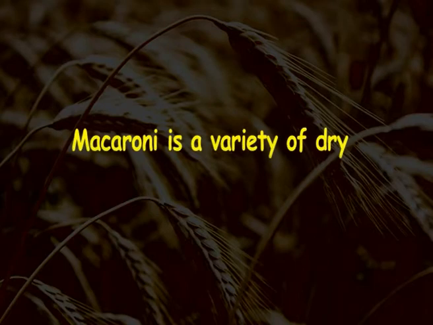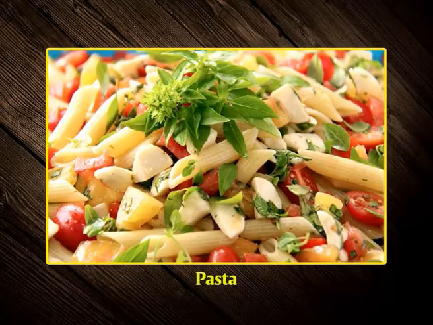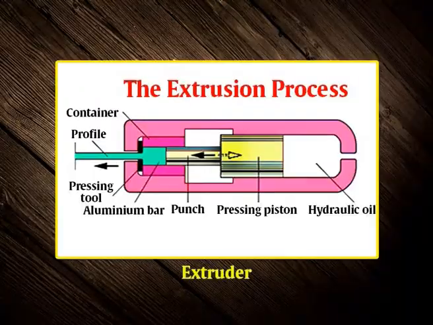Macaroni is a variety of dried pasta made with durum wheat. Elbow macaroni noodles normally do not contain eggs and are normally cut in short, hollow shapes. However, the term refers not to the shape of the pasta, but to the kind of dough from which the noodle is made. Macaroni is usually made commercially by large-scale extrusion. The curved shape is caused by the different speeds on either side of the pasta tube as it comes out of the machine.